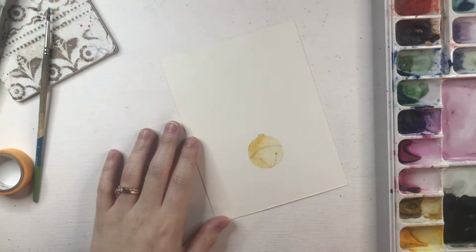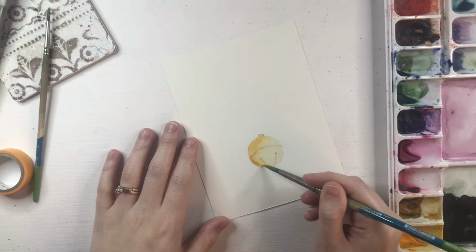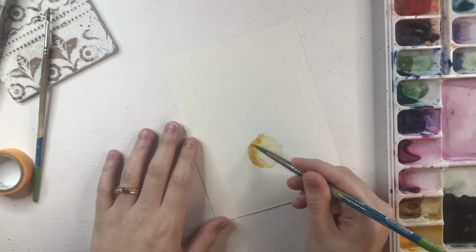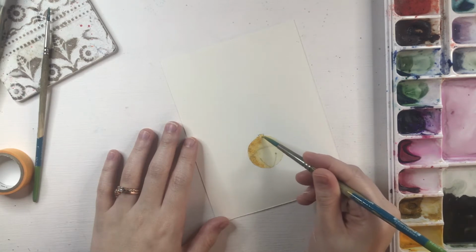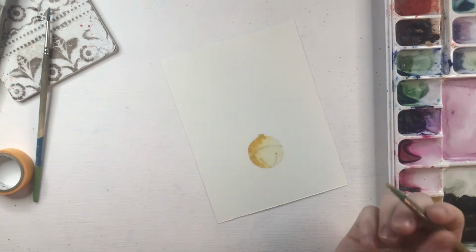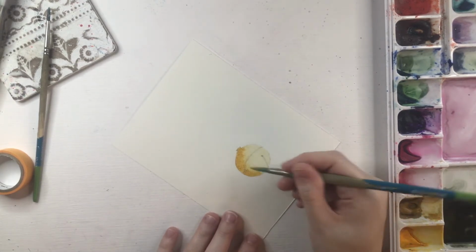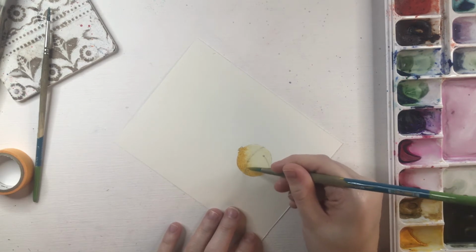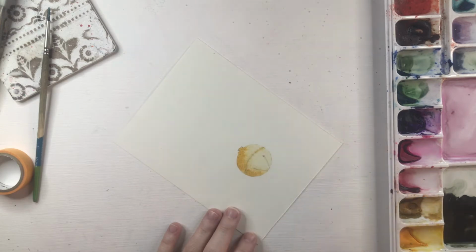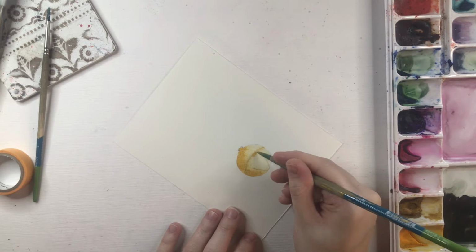And I'm going to get a little bit more of that paint on my brush. Just tap it in right down here. A little bit more up in here. And up into that top area. And then I'm going to do just a little bit with the tip of my brush. So I still have that same amount of paint. I'm going to carry it along that line that I drew earlier. I'm going to get a little bit more paint and then just tap it in